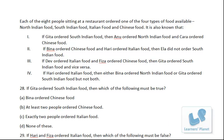Now let's see this question. Each of the 8 people sitting at a restaurant ordered one of the 4 types of food available: North Indian, South Indian, Italian and Chinese. Apart from that, it is also known that if Geeta ordered